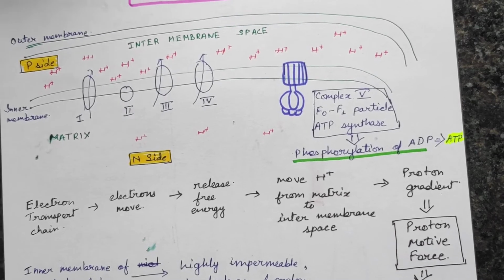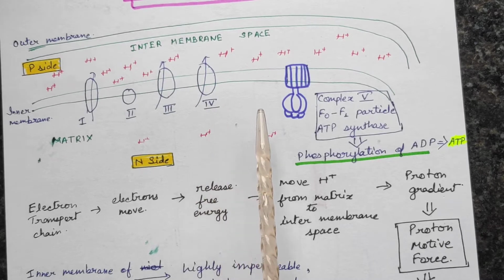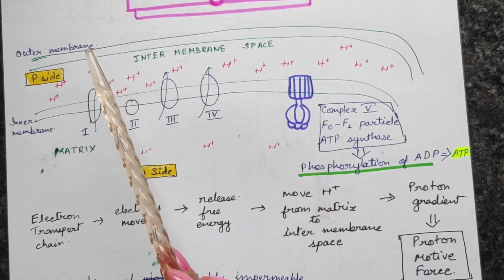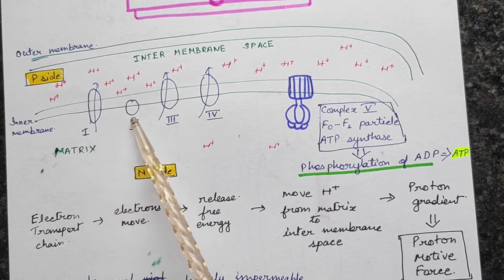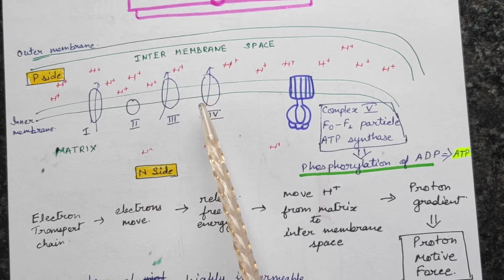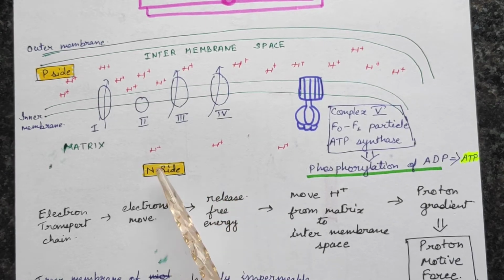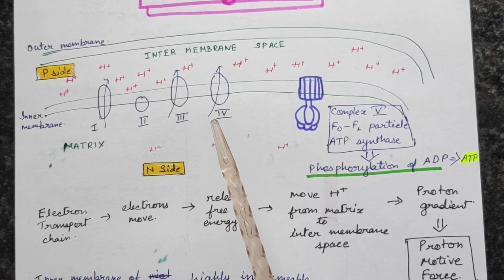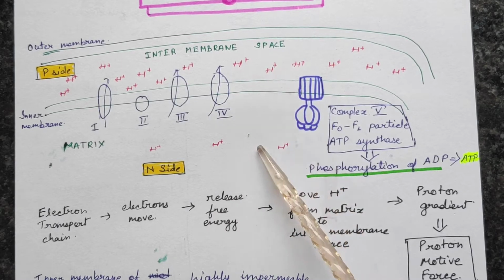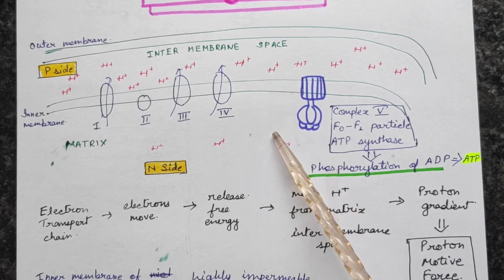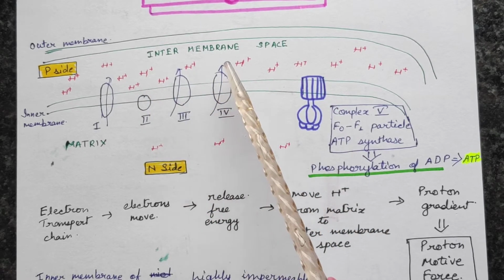Now as they are producing this electrochemical gradient across the membrane, while explaining the structure of the mitochondria, I had mentioned that the outer membrane is comparatively more permeable than the inner membrane. The inner membrane is highly impermeable and it does not allow any leakage of anything, even the small protons. Therefore, the protons never leak back. That means they will never come back from the intermembrane space to the matrix without any channel. So therefore, the proton motive force is very strong.